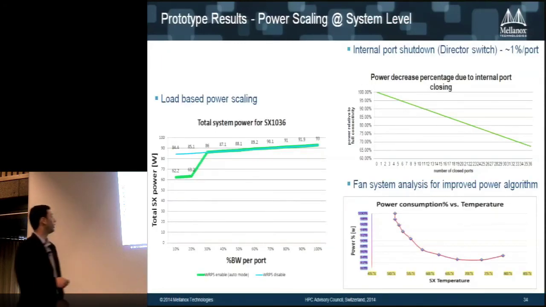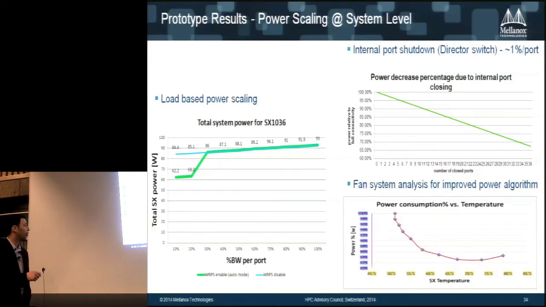Some other things you can see is looking at power consumption by a switch with the width reduction and without it. Definitely depending on the load of the switch. If the switch is 100% loaded with traffic, then yes, you need all the power. But again, the lower you get in terms of bandwidth per port, at some points, we can start doing width reduction, especially when you have light traffic, and then go from 85% down into 60%, and all this power saving will be substantial.